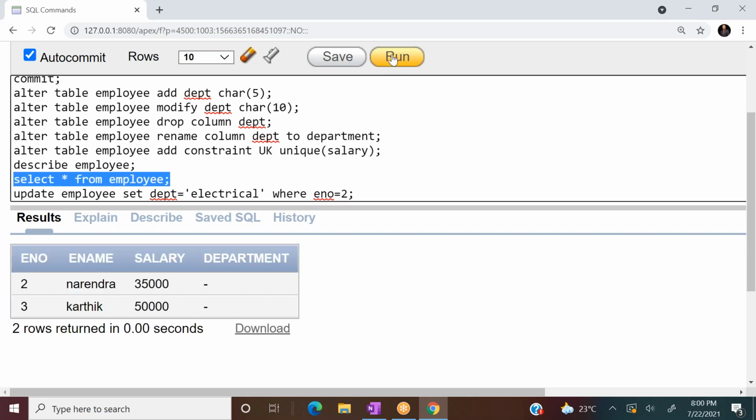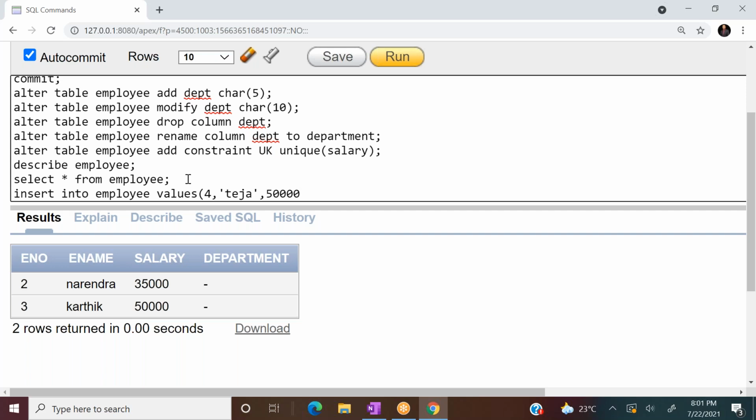Now look at this employee table. Display it. Salary of Narendra is 35,000, Karthik is 50,000. Suppose I wanted to insert one row: insert into table employee values 4, primary key 4, the name of the employee is Teja, salary I wanted to give the same 50,000, which is already there for Karthik.